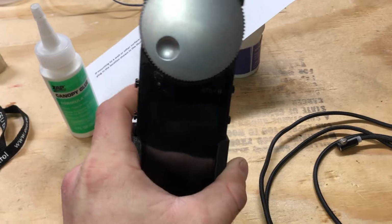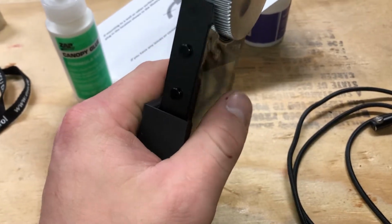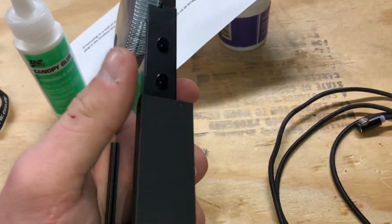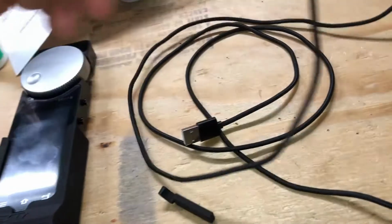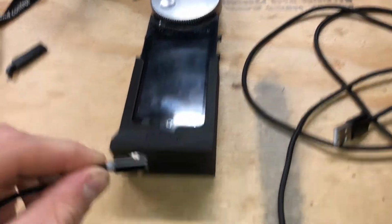Just like that. As you can see, it does wiggle around just a little bit, but nothing too bad. It doesn't grip it really tight, and so it also helps protect the sides. That way it doesn't get all scratched up with it being too tight. So next, after that, what they want you to do, don't lose the plug, is take this end here and